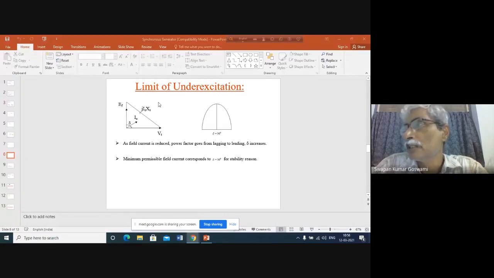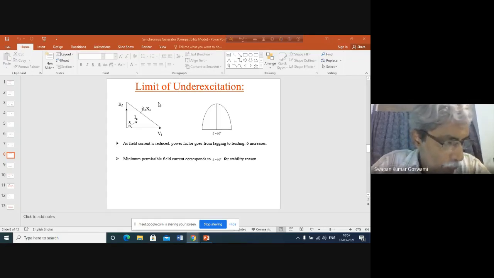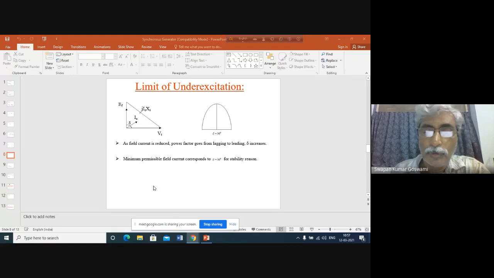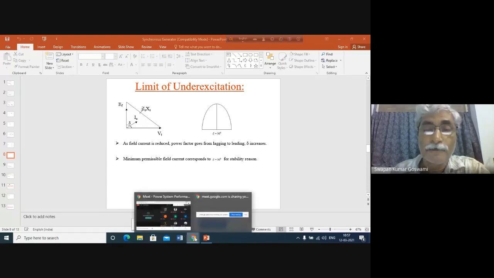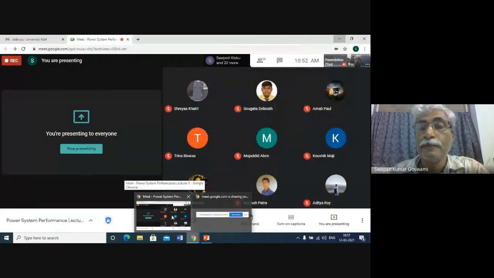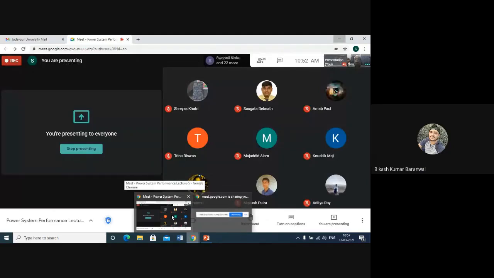Because in a power system there is always variation of load. Have you come across the load curve? What is called the load curve in second year classes? Perhaps you have studied this. What is the load curve? Do you know what is the load curve? Can you hear me? What is the load curve? Sir, variation of load with respect to time.